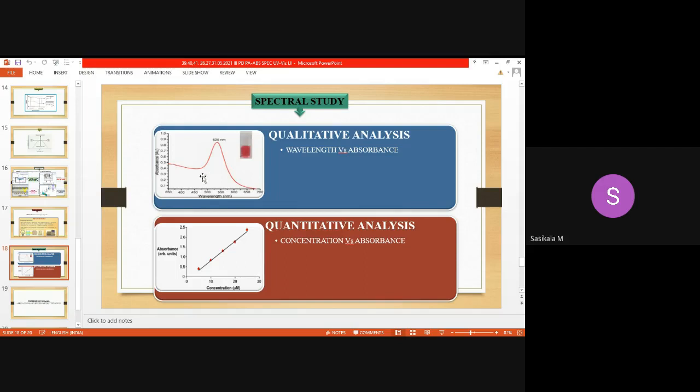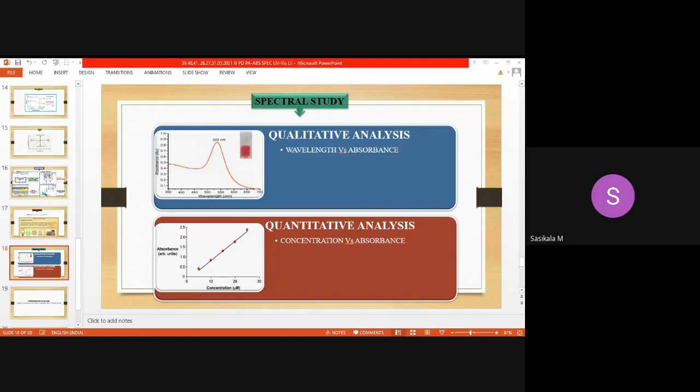When the concentration is increased, the hyperchromic shift occurs. That means the intensity of the sample will increase. Since the concentration is directly proportional to intensity, you get the linear curve. So this is about quantitative analysis, where the optimum absorbance value will vary from 0.1 to 0.9 only. To meet Beer-Lambert's law, the quantitative law, the absorbance units must vary from 0.1 to 0.9 only.